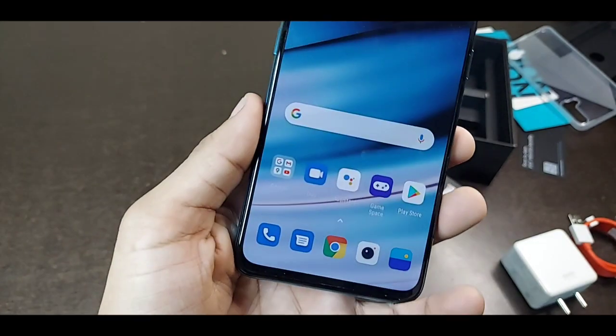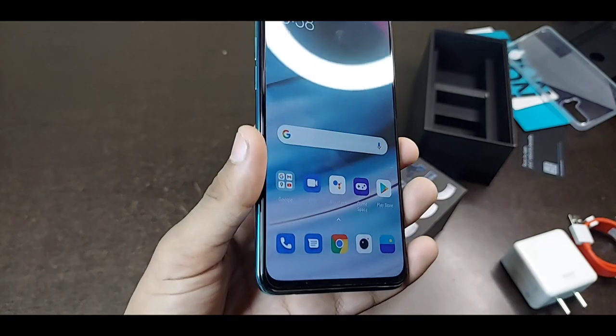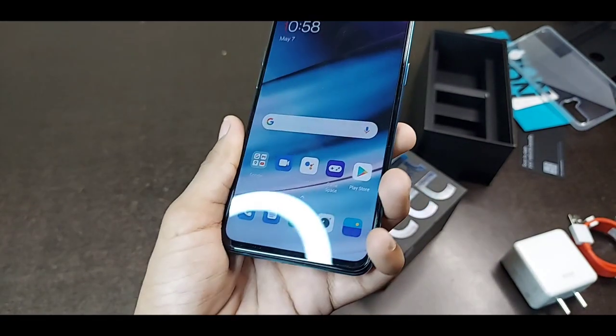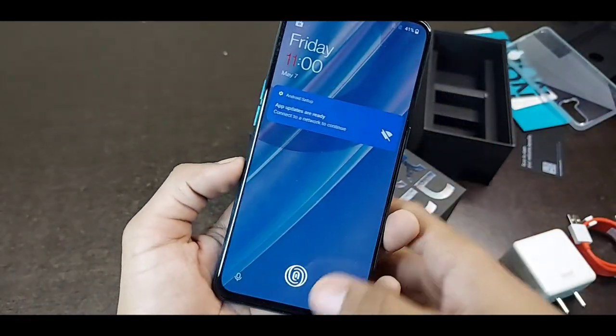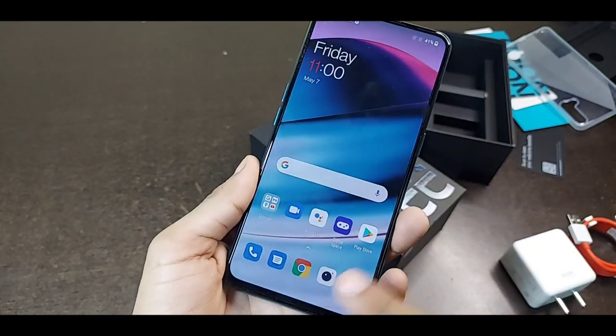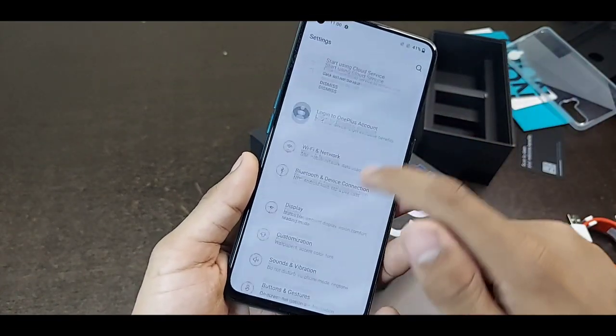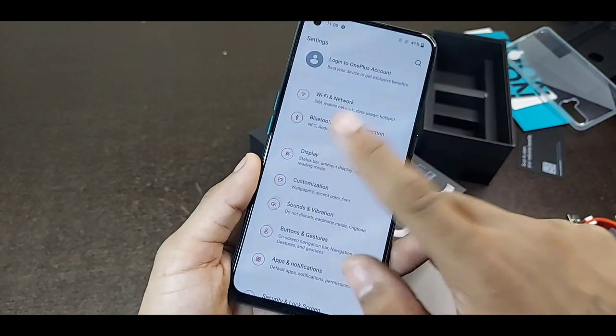Also you can hide the bottom bar, which is right here, by tapping on this option. It's now hidden, so you can now easily experience the extraordinary OxygenOS 11. If you don't want this notch and you want to hide it, you can easily hide this notch on your device.